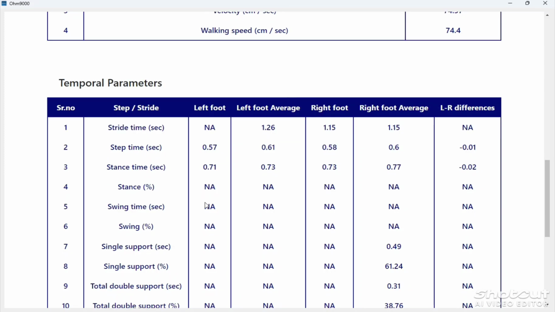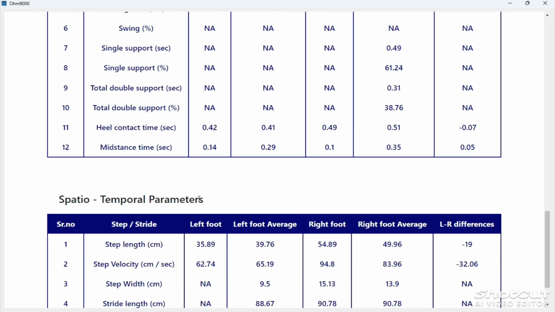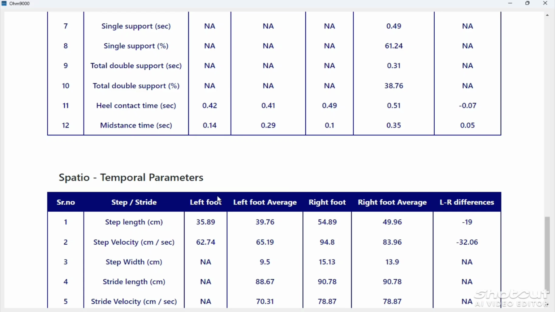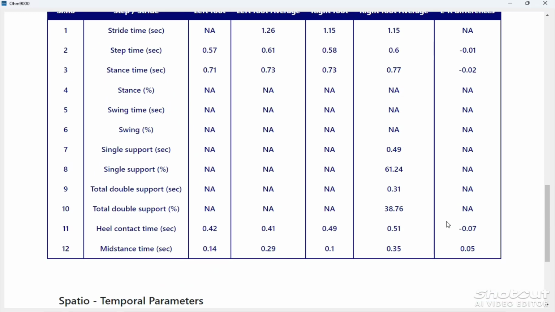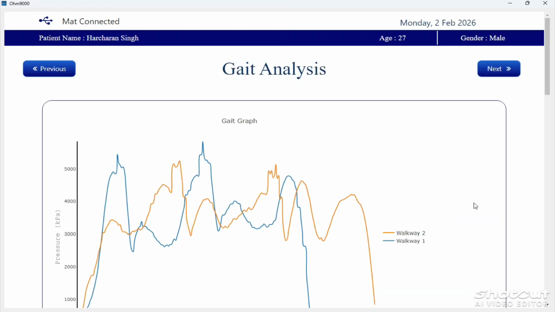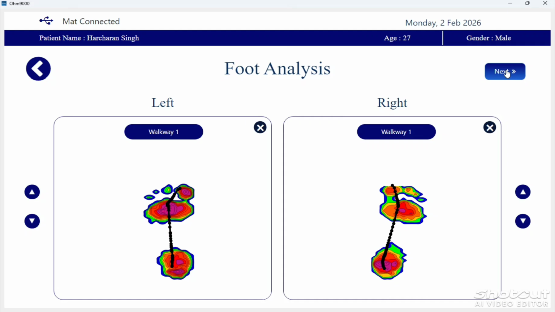When we generate the report, all these details are also printed in your results, and the images of the dynamic test are also included in your report. After report analysis, we click on next. Here you can see the foot analysis: left foot and right foot.